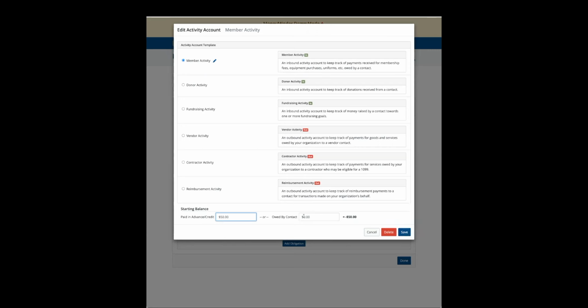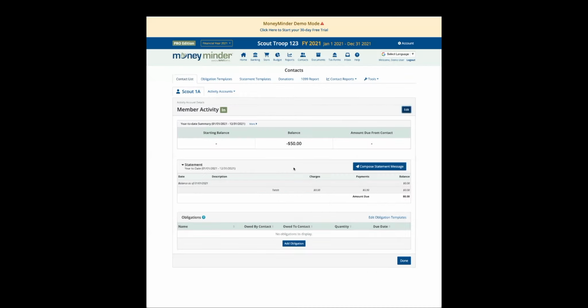One thing to keep in mind is that if your Scout is starting with a negative balance, something they owe from last year, there's no need to put a negative sign in this box. The system knows how to apply it. So I'll hit Save. And now the starting balance shows up for my new Scout.